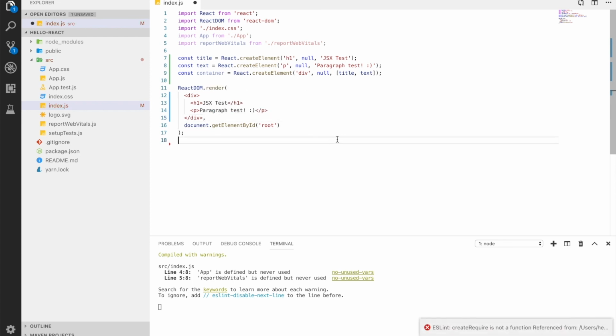After this, there is no other property, and put it in the same way as JSX text.